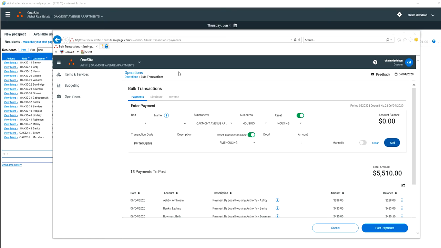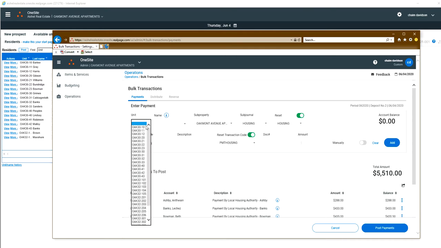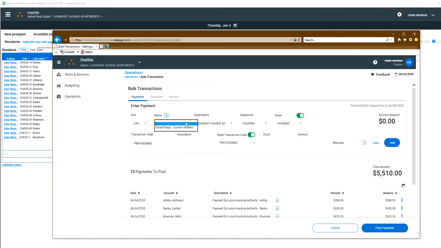I added a few in the interim, and we are now up to Gerald Reagan in 32202. So we'll pick 32202, and we have to pick Gerald Reagan. The subproperty is still correct. Housing and housing, it's payment housing. Payment by local housing authority, it's PMT housing. Again, the document number we will paste because we have that saved. And for Gerald Reagan, we will add in